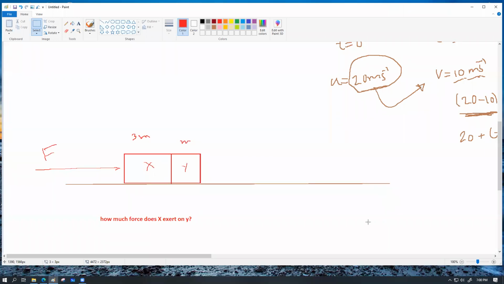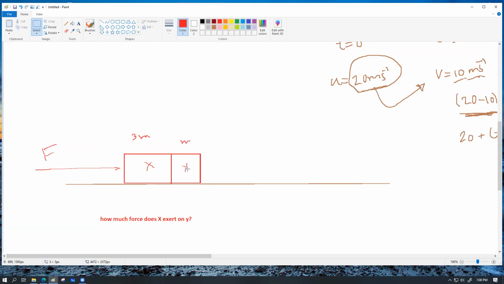Okay. I'll help you to sort this out, and then I'm going to make this problem easier for you to work with. Try to understand. These two objects are in contact with each other. How much is the total mass here? Total mass. 4m. Remember this. 4m. You're going to apply a force onto this object, and this F force is going to accelerate the total of this 4m mass. Because they're in contact, it is obvious that X is going to push object Y,